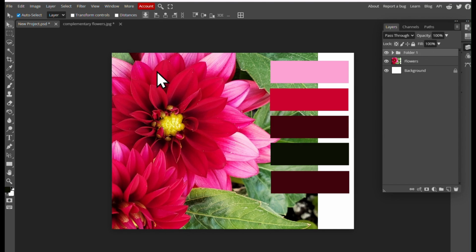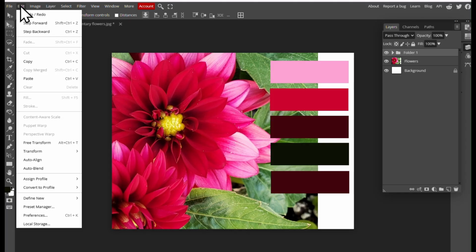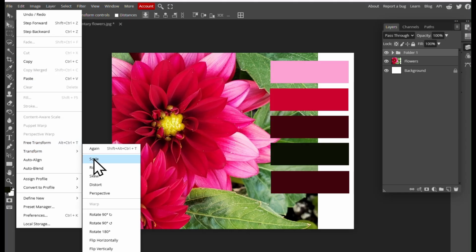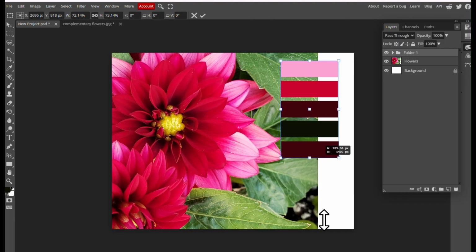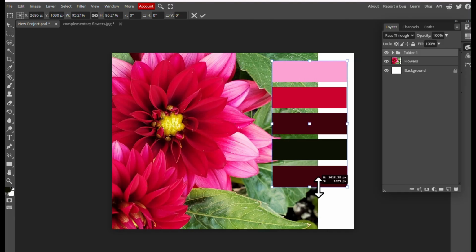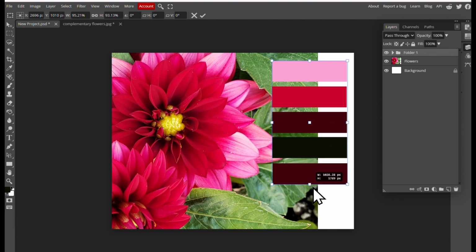The reason why we did that is because we are now going to change the shape of all of these at the same time. So we're going to go back up to that edit, transform, and we want to transform the scale. Now this time you're going to want to make sure that this little link button isn't dark, because if it's dark, it means that we can only change it so that they are the same. But we don't want that. We want to be able to make them skinnier if we need to,